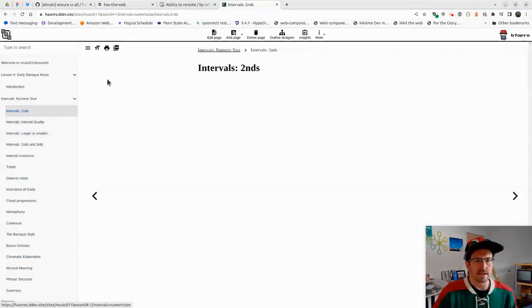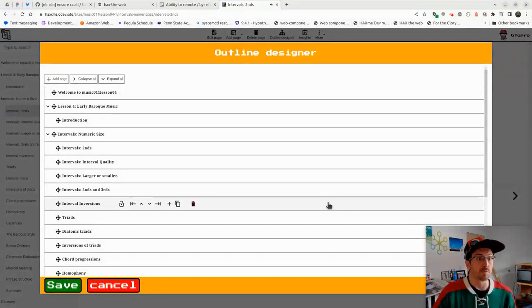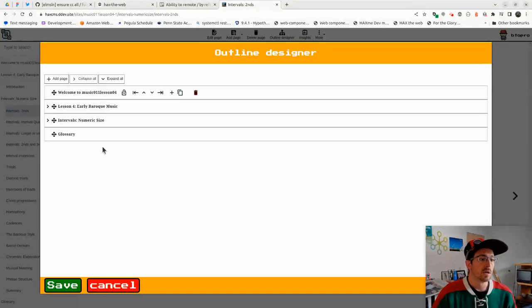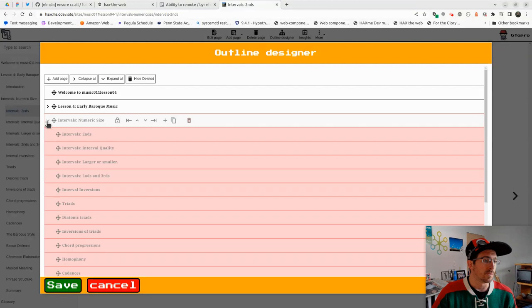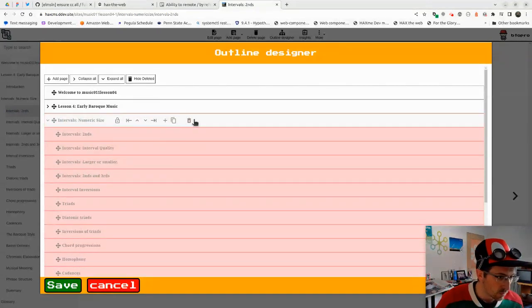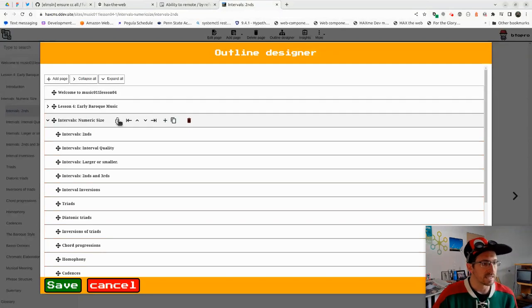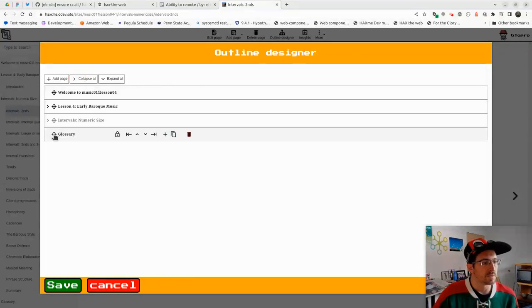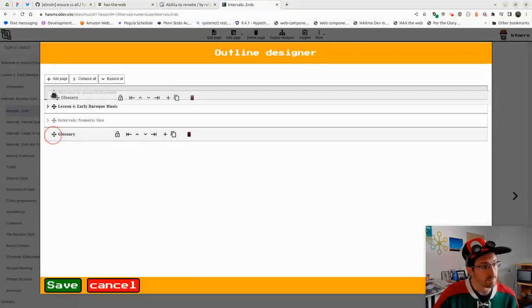But even just getting that starting point allows me to use the brand new outline designer much more rapidly. So I can collapse these away. I didn't actually want intervals, right? And we progressively are selecting and deleting all of these pages. Now, if I didn't want to delete all of them, I could deselect that. If I want to lock these from editing so that we don't mess around, right? I'll collapse that. I don't want to make a mistake because I'm about to take the glossary and move it